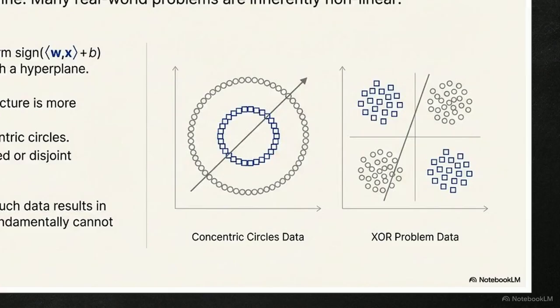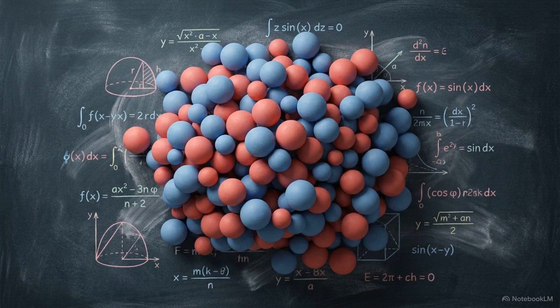These two scatterplots show data patterns a single line cannot resolve. Left, concentric circles. Right, the XOR problem. Forcing a straight line through these curved or disjointed shapes causes inaccurate predictions, as the model mathematically cannot bend to match the geometry. Because simple linear models cannot comprehend these complex structures, we have to find a new mathematical perspective